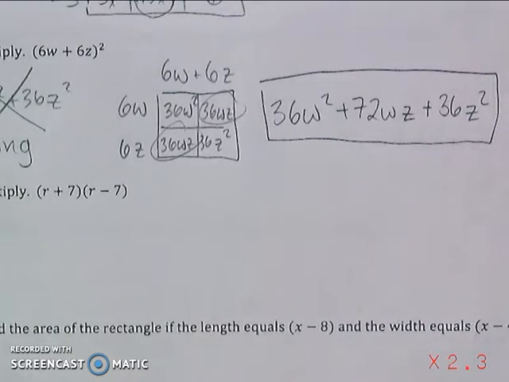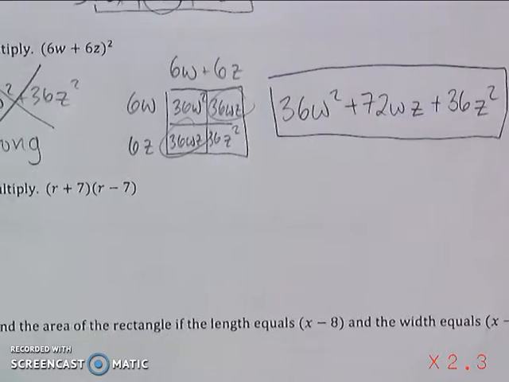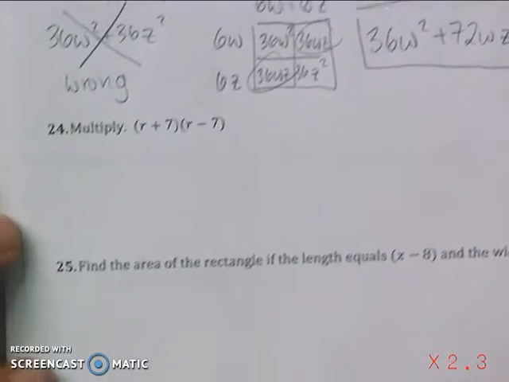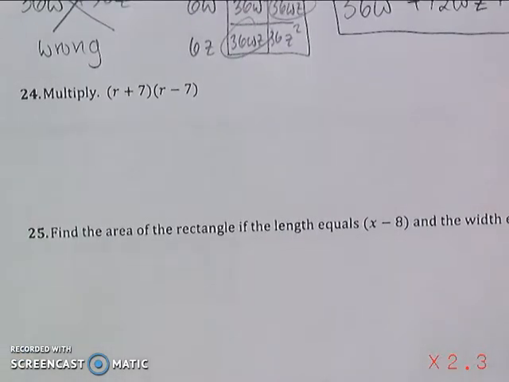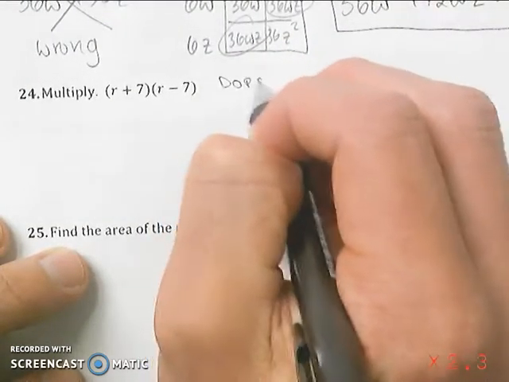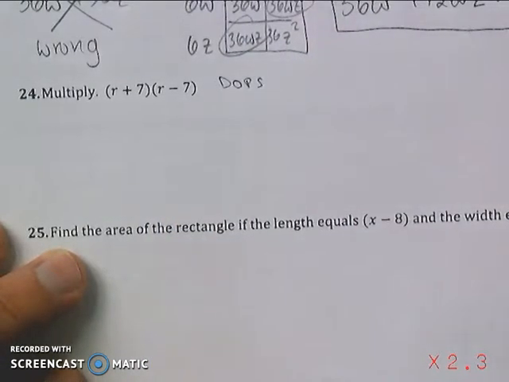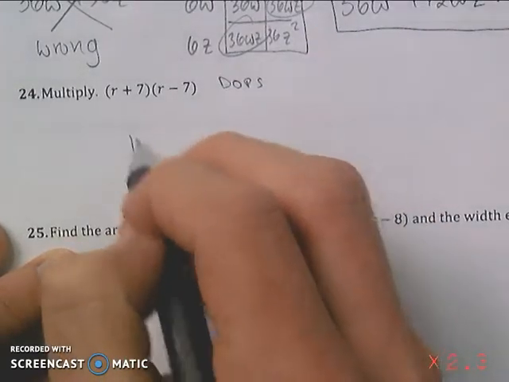Okay. Now, this next one, 24, we're going to do box method again, but what we're going to see is the middle term disappear, because this is a version of what we call DOPS, difference of perfect squares. You'll see what happens when I do this. But again, box method,